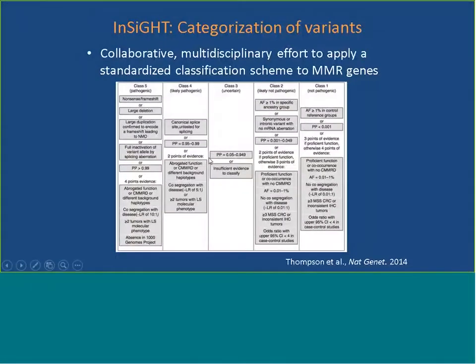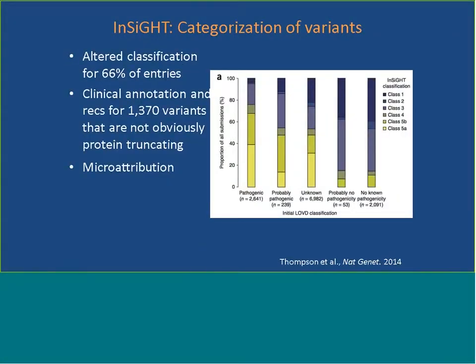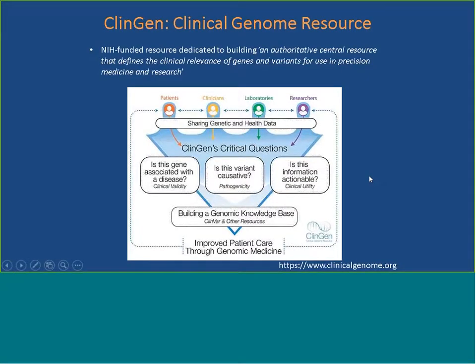So InSiGHT has done a fantastic job of trying to categorize these variants, which is outlined here, and this was mentioned by Dr. Linder. What you see is that with the old classification, a number of what were classified as pathogenic mutations were actually reclassified as class 1, so as not being pathogenic, and on the flip side, a number of variants that were initially classified as not being pathogenic were reclassified as truly being pathogenic. ClinGen is another resource for